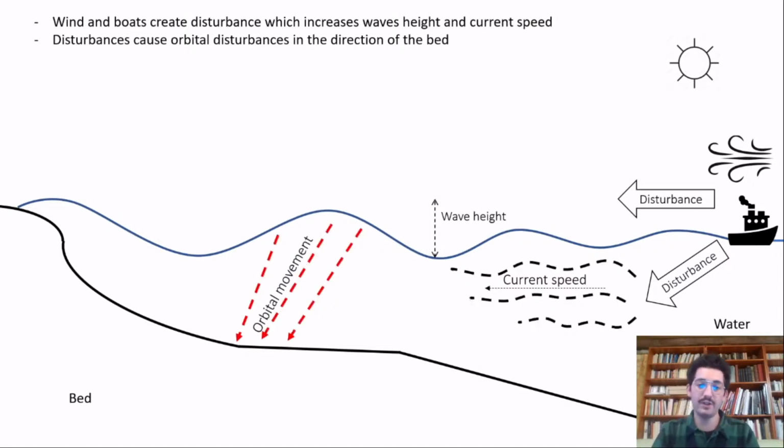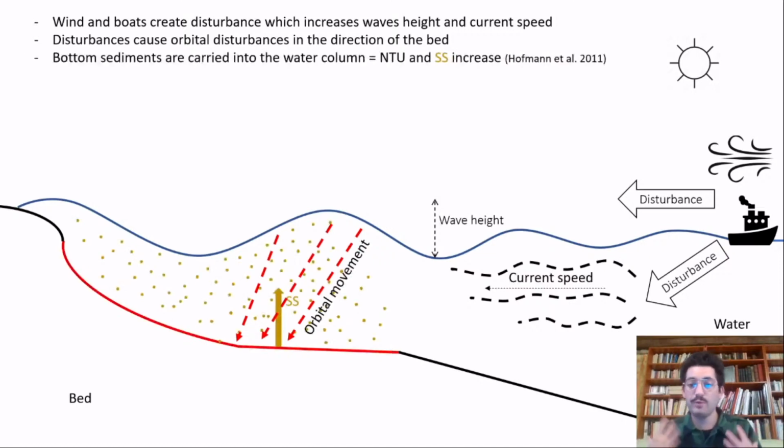This combination of orbital movement and current speed will create shear stress on the bottom. This amount of shear stress at the bottom depends on the depth of the water column, which conditions the transmission of the hydrodynamic disturbance towards the bottom, and also the intensity of the hydrodynamic disturbance. Once a critical value of shear stress is exceeded, sediment will start to be put in suspension from the bottom